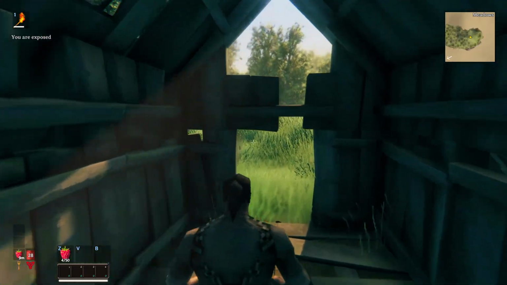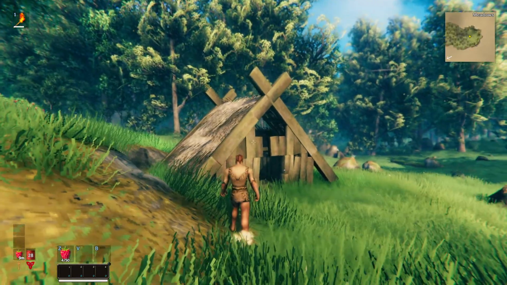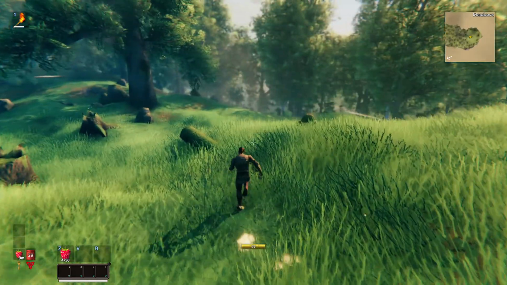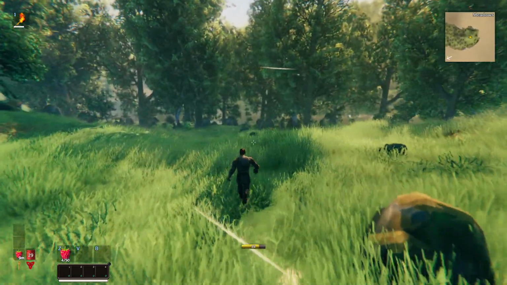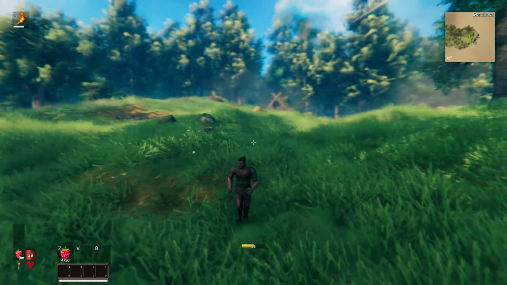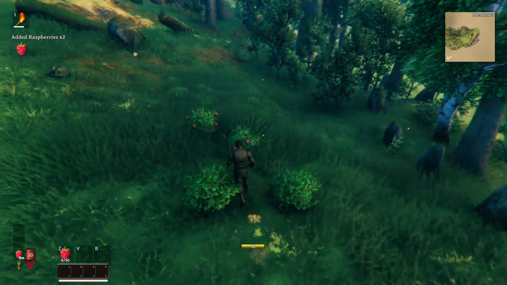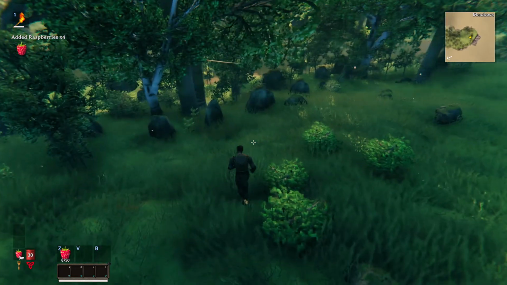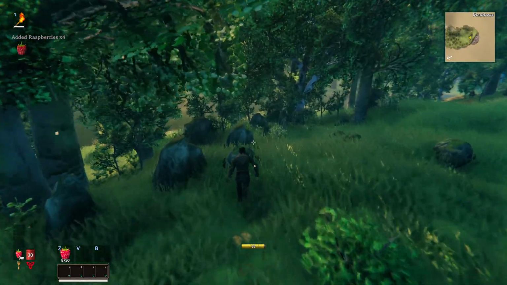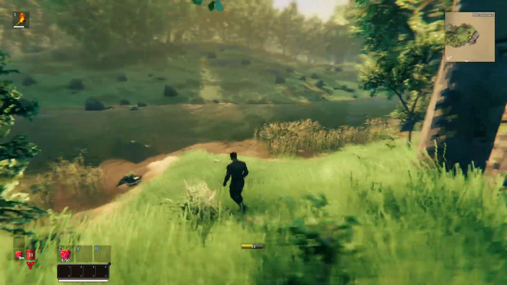Let's see, you will find some of these abandoned buildings around in the world. You can of course claim them for your own, or just leave them there, or destroy them for wood. But in my opinion it's better to just chop down trees. But if you get some sort of huge, what is it called, sledgehammer or something, then you can destroy them for easier wood. And I do believe, is this a river or is it...